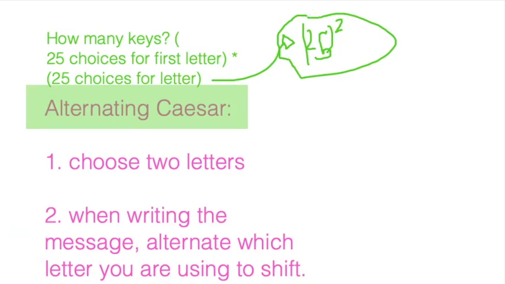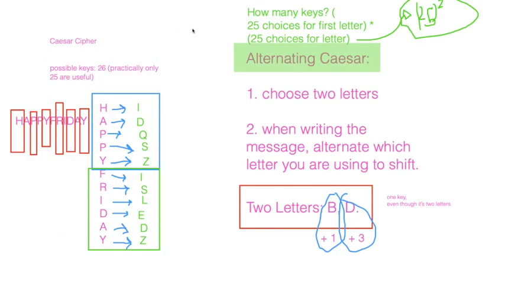Now, is there anything that says I couldn't do this with more than 2 letters and just keep cycling through? Could I pick a 3-letter word and then just make it be